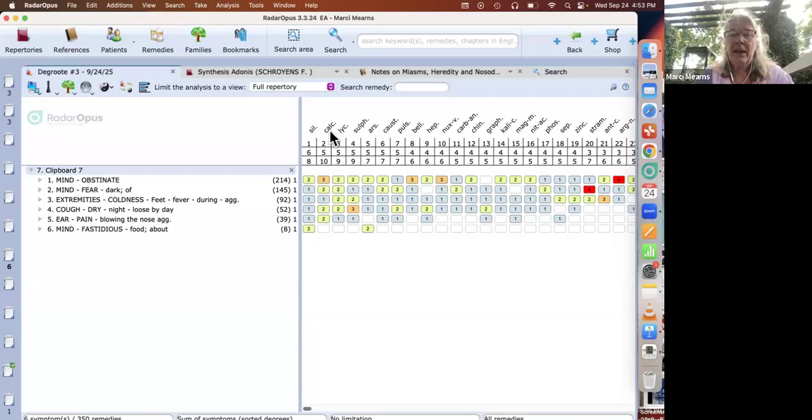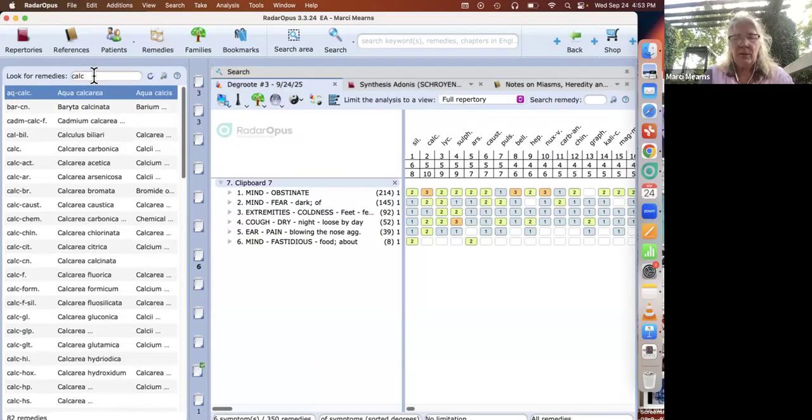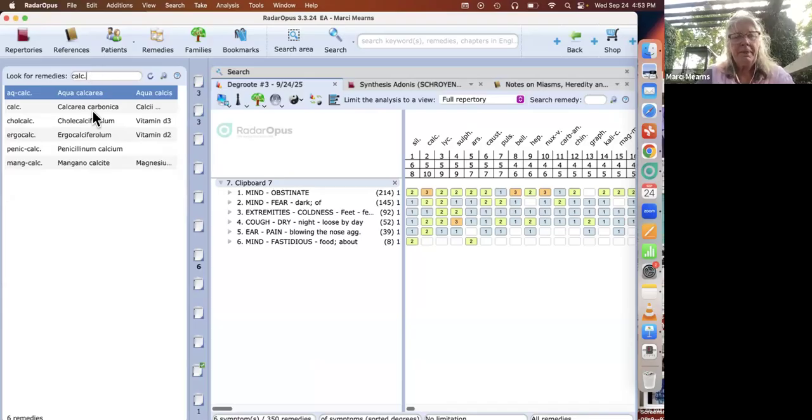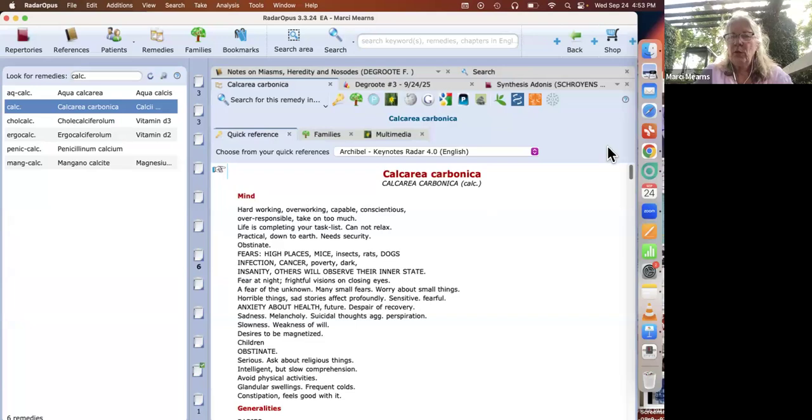All right. Now, the way I teach people to do that is by using, first of all, the remedies database. There are other ways, but this way you'll never forget. If you bring up the remedies database and you bring up your remedy, CALC, calcarea with the period, there's calcarea carbonica. Here's the remedy information window. So I gave this remedy. I now want to give a remedy that follows well after.